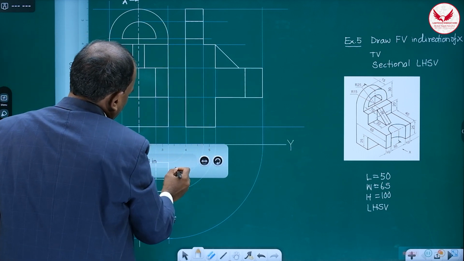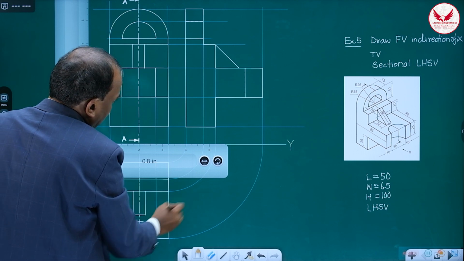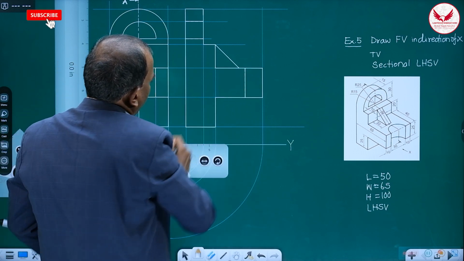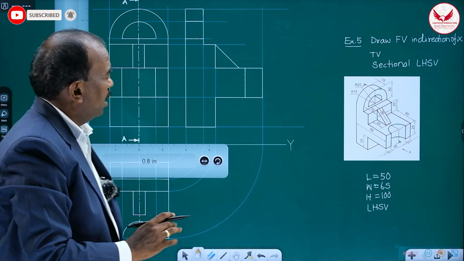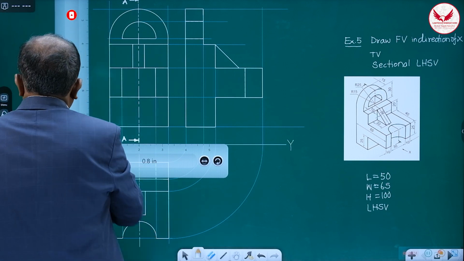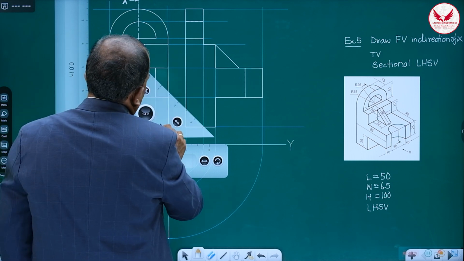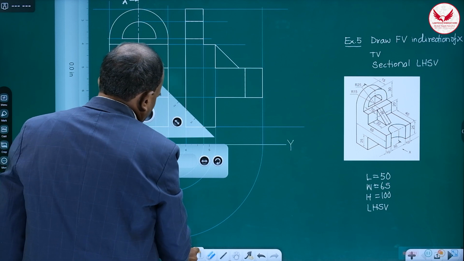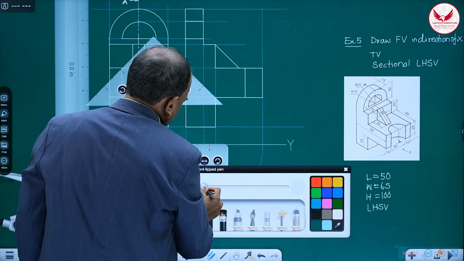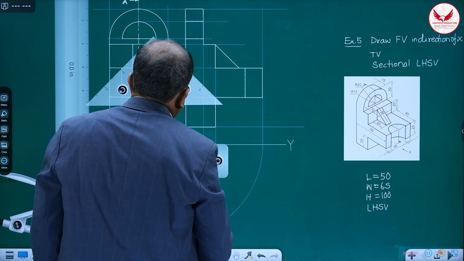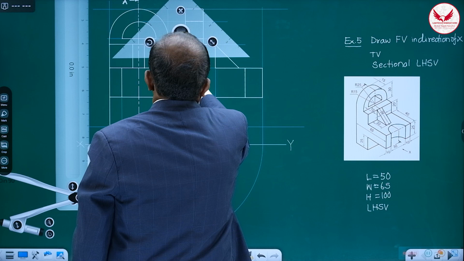So here also, the same section line is there, so it is not touching. Here there will not be any. And for the rib, because of the conventions, we never show the hatching lines. Then how to mark the hatching lines? For that, what you have to do? Use the 45-degree lines, and again, correct, 45-degree lines. So in this portion,